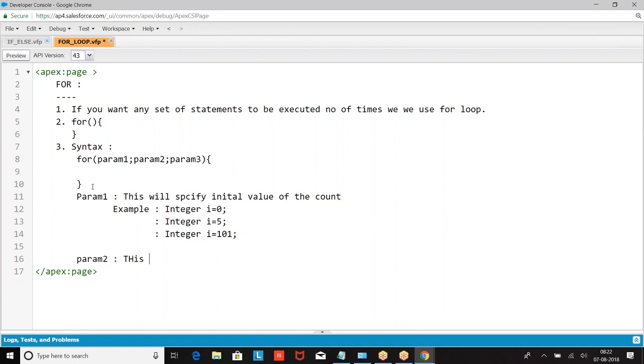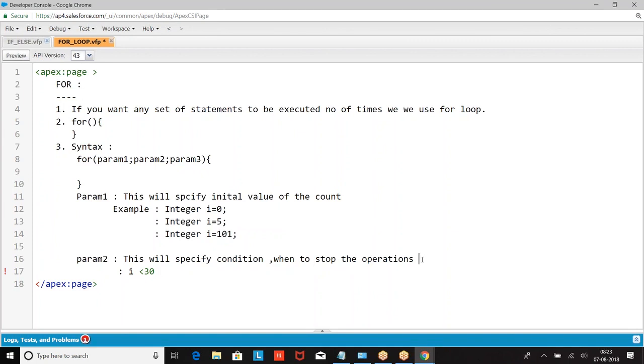Param 2 will specify when to stop. Now I will say i is less than 30, so it will run until the i value is less than 30. Once the i value is greater than 30, it will stop the operation.